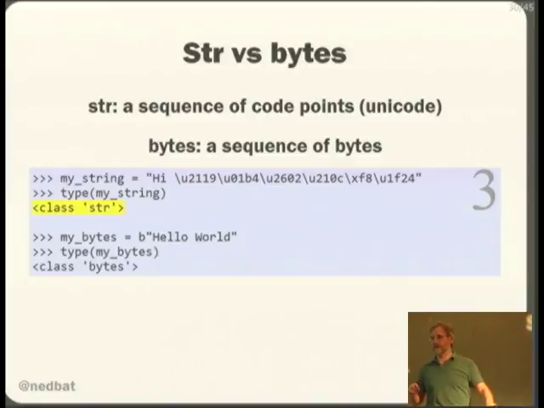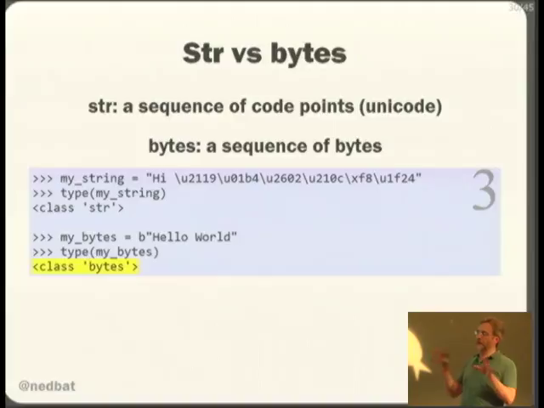And this is a bit confusing. Str in Python 2 is a byte string, str in Python 3 is a Unicode string. If you want a byte string, you use a b prefix, and then you get a value of type bytes. I think these names make a lot more sense, and once I understood this, even when I was working in Python 2 code, I would think in these terms and then backport to Python 2, because this makes more sense.